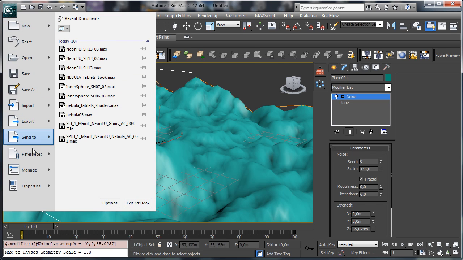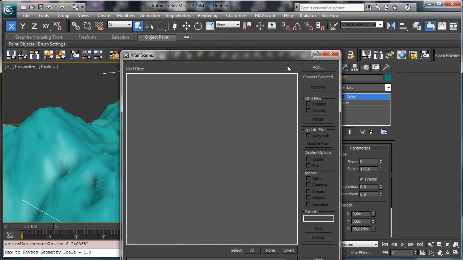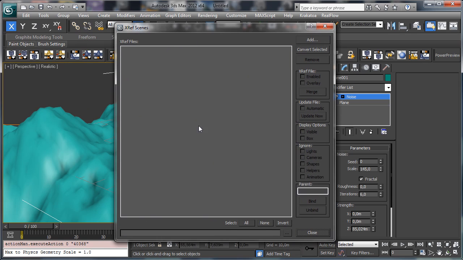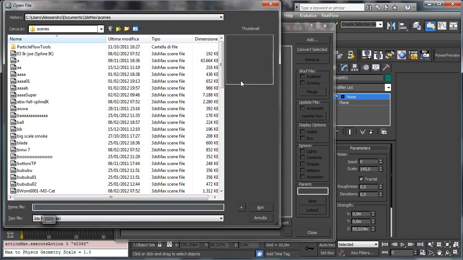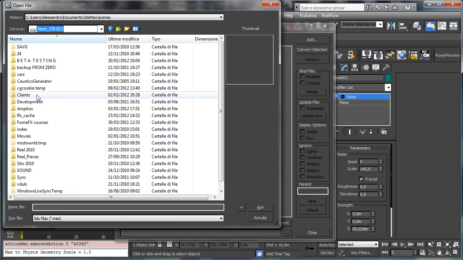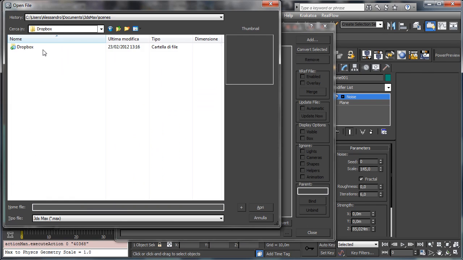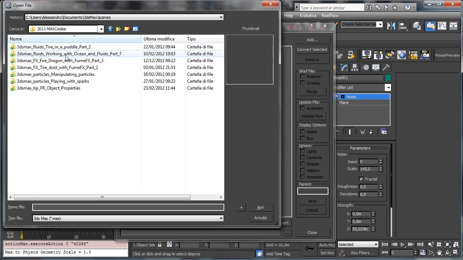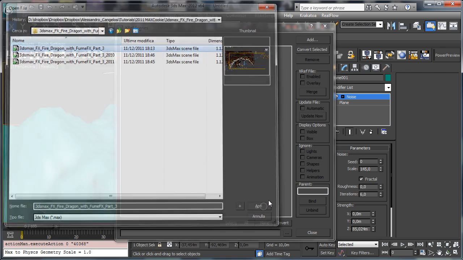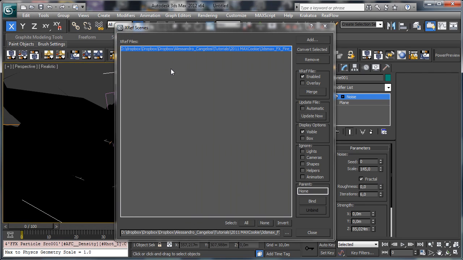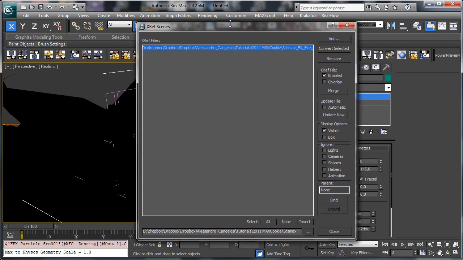We can use the references, XRef scene, and you see that the panel is different. We have the possibility to say which are the XRef files, and we can add all the XRef files we need. So we can go inside the tutorial folder, inside the dragon again, pick the dragon, and you see that we have something inside the scene, and that's the entire scene. Let's close,